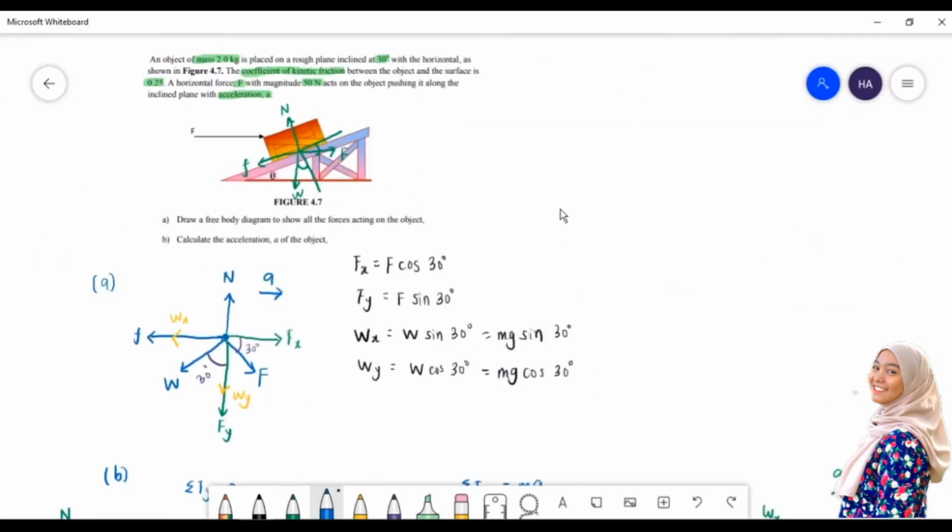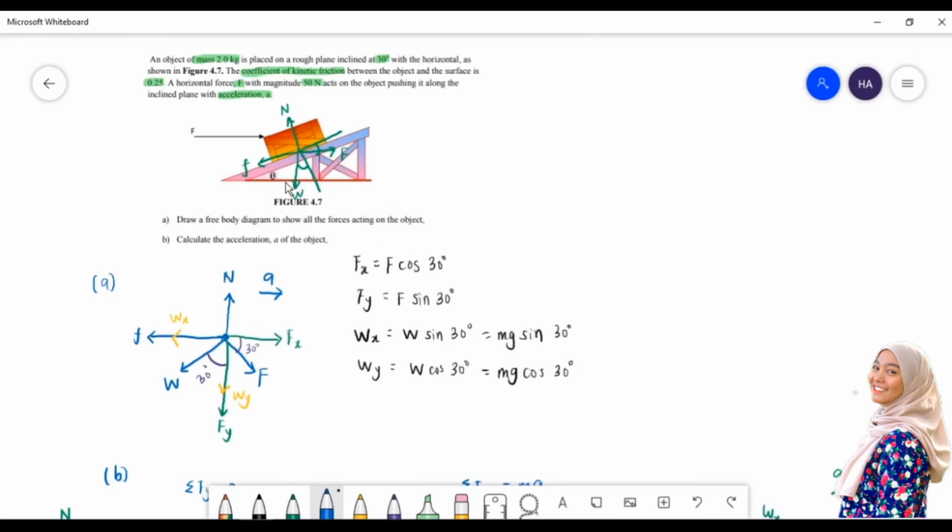Okay, so for question number 3, an object of mass 2 kg is placed on a rough plane inclined at 30 degree with the horizontal as shown in figure 4.7. The coefficient of kinetic friction between the object and the surface is 0.25. A horizontal force F with magnitude 50 Newton acts on the object, pushing it along the inclined plane with acceleration a. So the question A is to draw a free body diagram to show all the forces acting on the